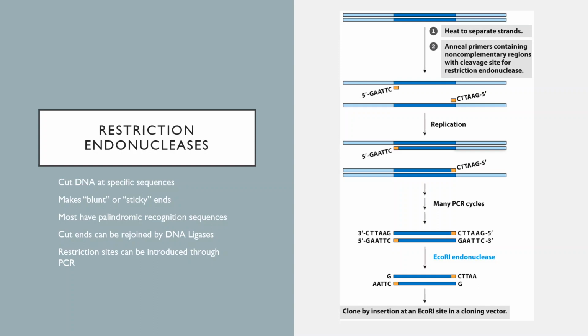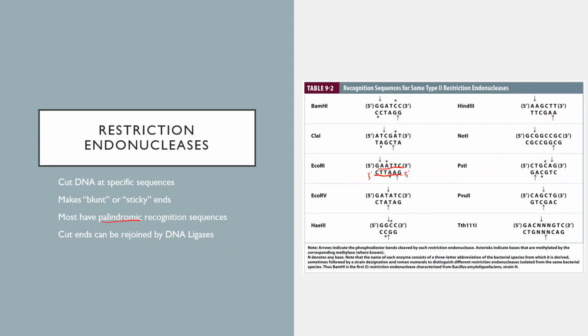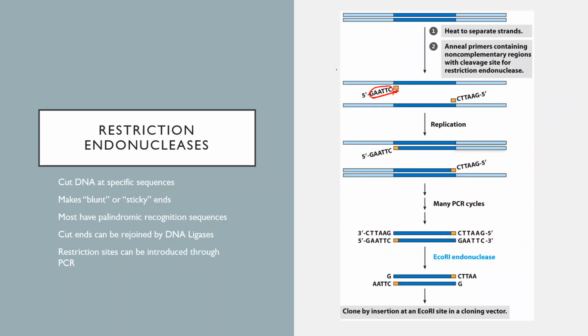So you can introduce restriction sites at the ends of a given DNA sequence by using PCR. We talked all about PCR in the last chapter, and this is basically the same exact idea, except this time you're using primers that contain a restriction site. So this will be your primer. The orange part is the primer, but attached to the primer you have this sequence which corresponds to a restriction site. In this case, it would be the EcoR1 cut site. So this sequence is the EcoR1